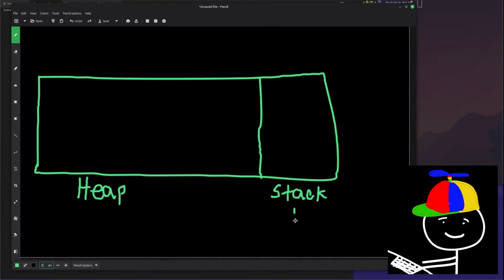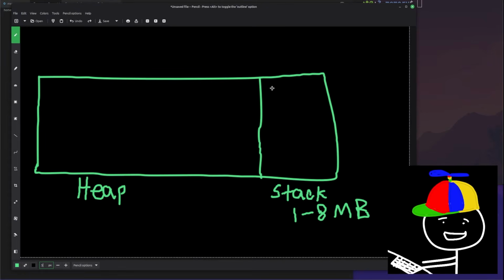I think it's in the range of 1 to 8 megabytes. And I'm assuming the heap will be much larger than that. So basically, when a function is called, it gets added to the function call stack, and that can be stored in the stack here. Same with variables that are declared inside of a function call.